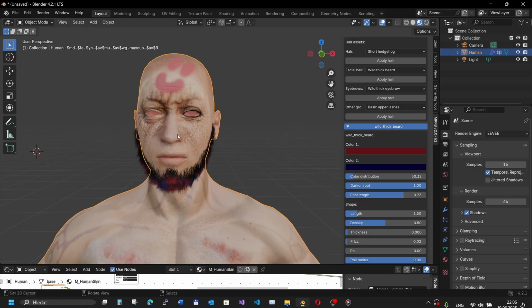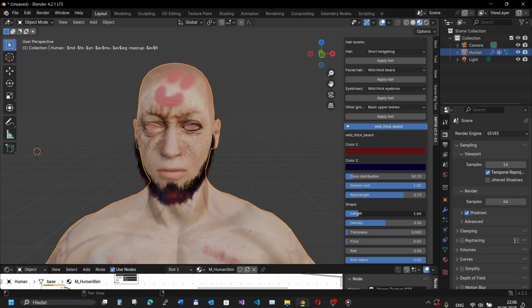Now we can change the shape of this hair asset. We can change its length, its density, its thickness,